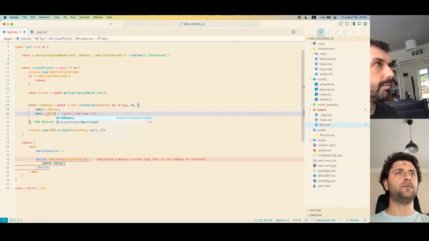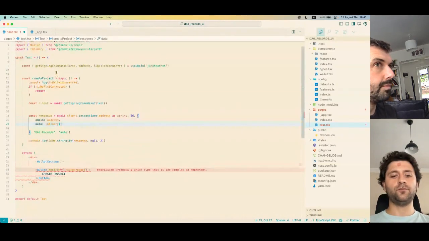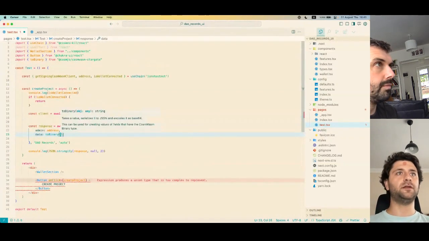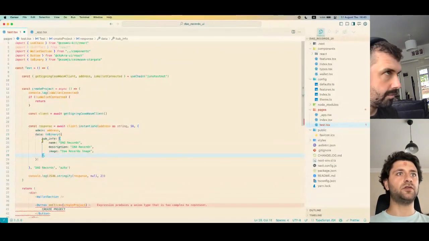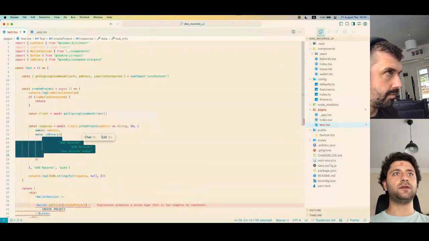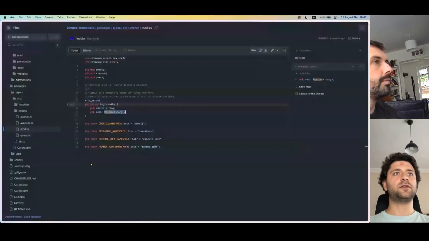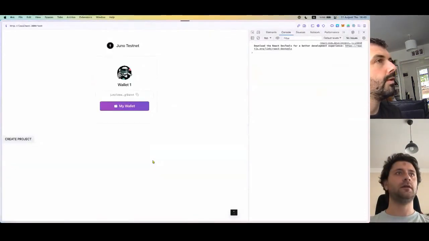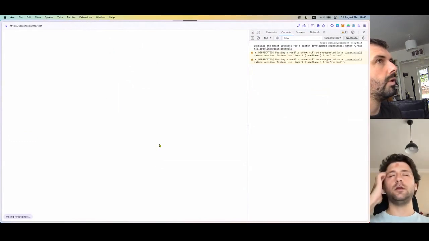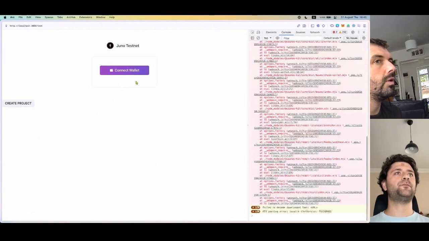And for the data, we need to binary. So there is this helper method coming from Cosmology Stargate. And we can put an object in here, and we'll just put this. So this is the same message. But we just convert it to binary and send it that way. Yes. So where is it? So yeah, if we actually refresh this now,